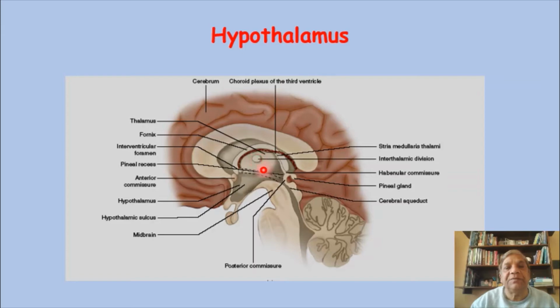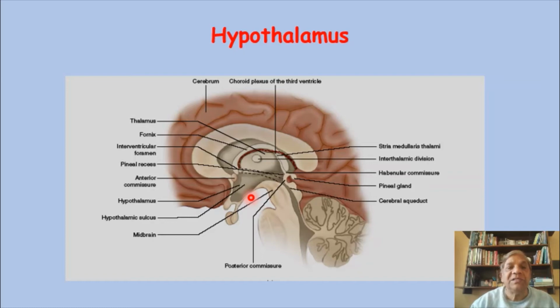This is the interthalamic adhesion, and this dotted line indicates the subthalamic or hypothalamic sulcus, which connects the interventricular foramen to that of the cerebral aqueduct of the midbrain. Now just below this cerebral aqueduct, I would say below this hypothalamic sulcus, this triangular area is the hypothalamus. Thus it lies ventral to the thalamus, and it is a very small area.